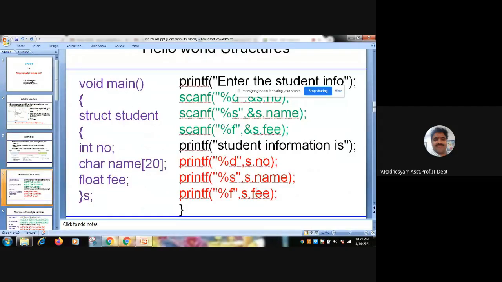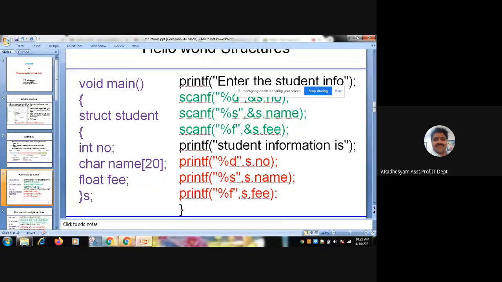Right? We can go for the simple programming structures. See, we can as usual start with void main bracket start. Here struct student. That means the name of the structure is student. That means int number, character name, float fee.